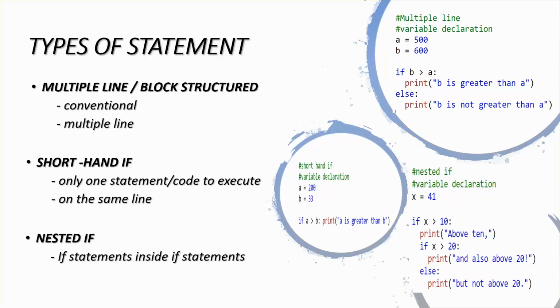The last type of statement is the nested if statement. This type of statement involves multiple if statements. These if statements are inside the prior if statement, which means that the statement will only be read if the prior statement resulted to a false. This type of statement are mostly used on specific comparisons that cannot be addressed by a simple and single if, else, or elif statement. On the screen, notice the two ifs.